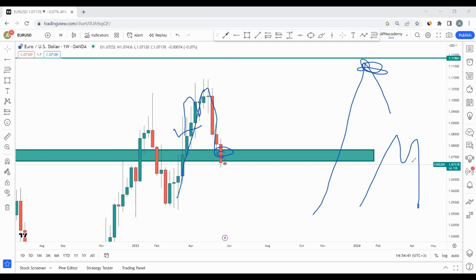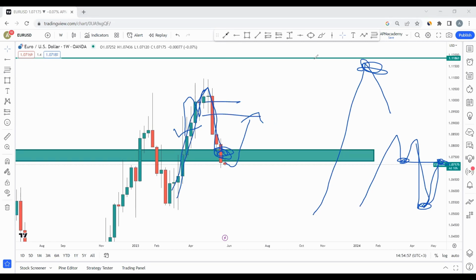And we said that when an M is created, we expect the market to push to the neckline. So these two things, we have an impulse, we have the correction, which is this. Then we have an M neckline, so we have to go back and retest the neckline. So meaning that also weekly is agreeing that we need to push up at least and retest this neckline area